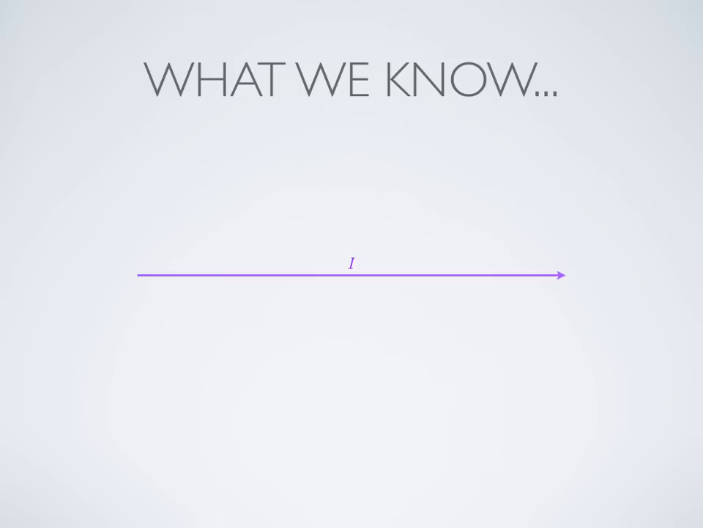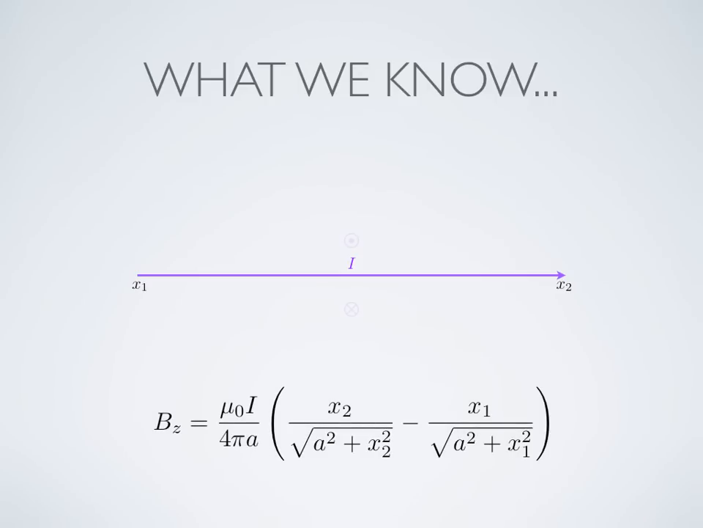I want to walk through an example of a complicated looking combination of wires here, but first I want to just remind us what we already know about the magnetic field produced by wires. So if I have a segment that goes from x1 to x2 of current I, and how it gets to x1 and x2 I'm not going to worry about for the moment, let's just say it starts there and ends there somehow, then the magnetic field is going to be mu naught I over 4 pi a,